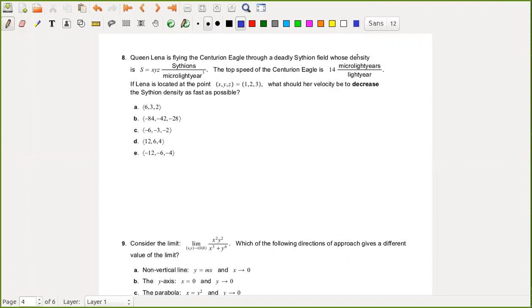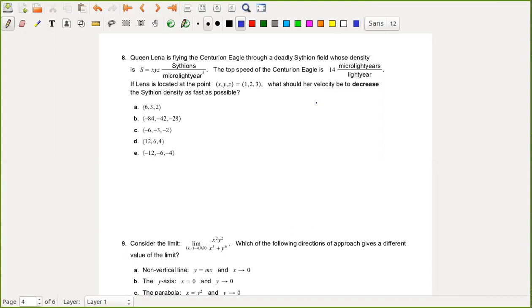Queen Lena is flying the Centurion Eagle through a deadly Scythian field whose density is S equals XYZ Scythians per micro light year cubed. The top speed of the Centurion Eagle is 14 micro light years per year. If Lena is located at the point (1, 2, 3), what should her velocity be to decrease the Scythian density